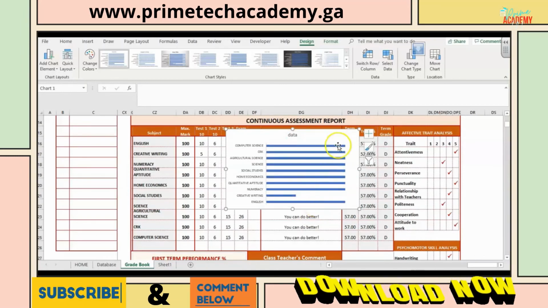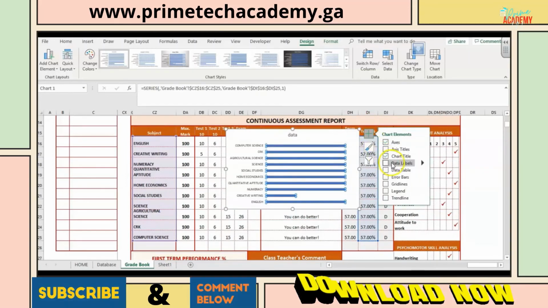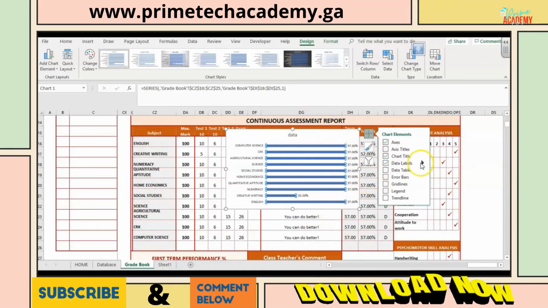Delete that. But if I click this plus sign, I want my data labels so that I will know the value for each bar. Now, there's an arrow here asking where you want your data